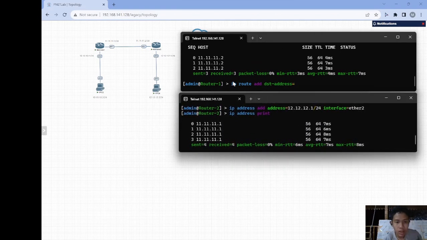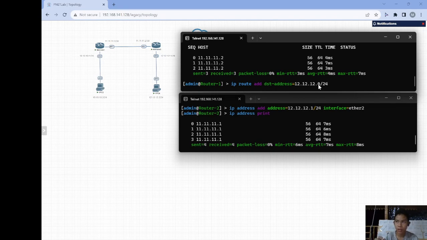For the destination, when we configure router 1, the destination address is the local network of router 2. So you write 12.12.12.0/24. Why 0? Because if we